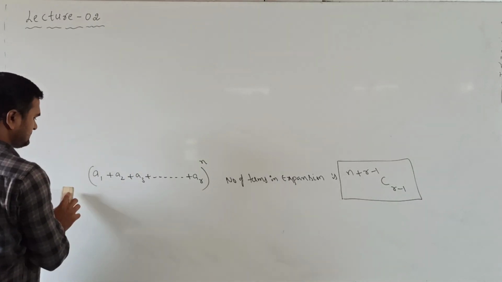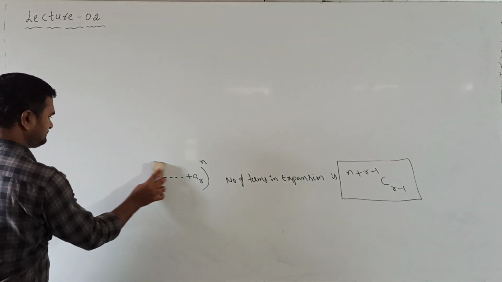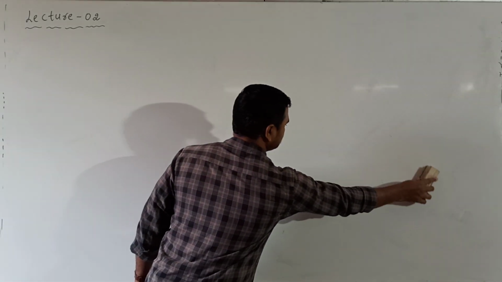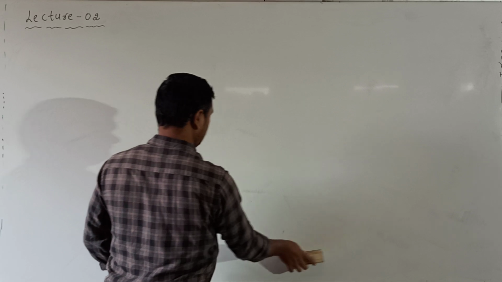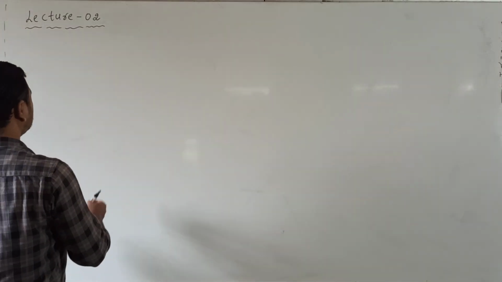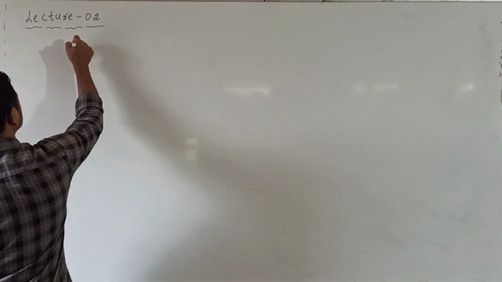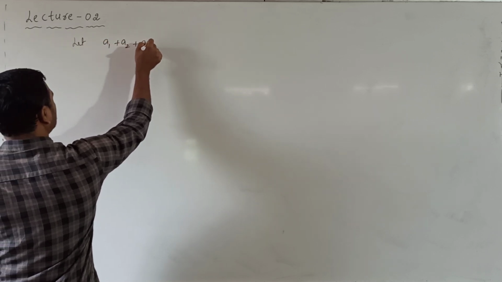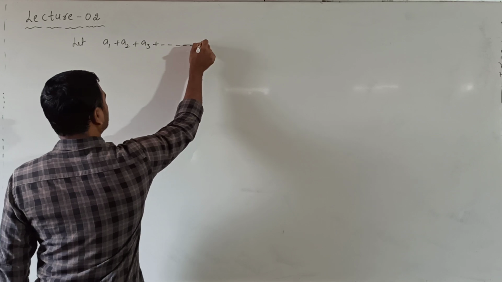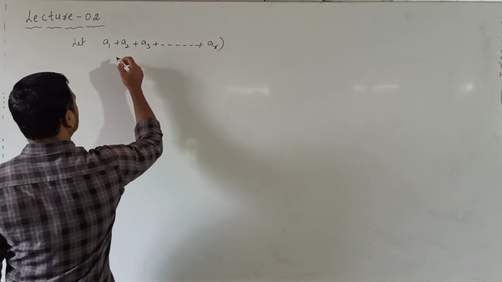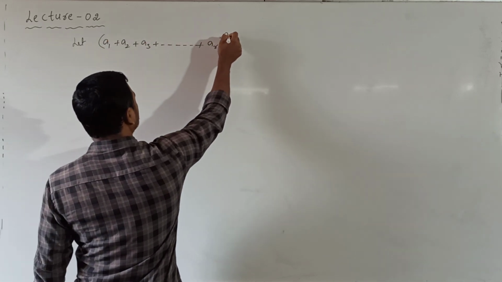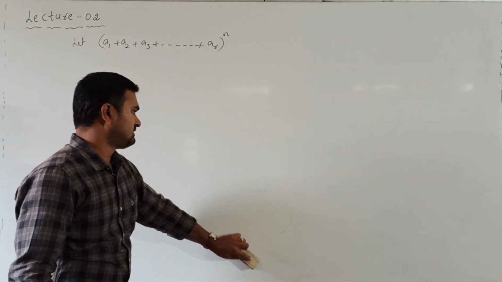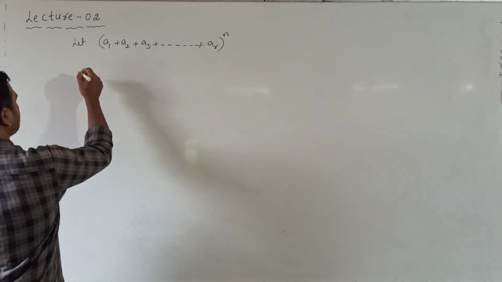Now let us consider the multinomial expansion (a1 + a2 + a3 and so on up to ar) to the power of n. In this, the general term is given by